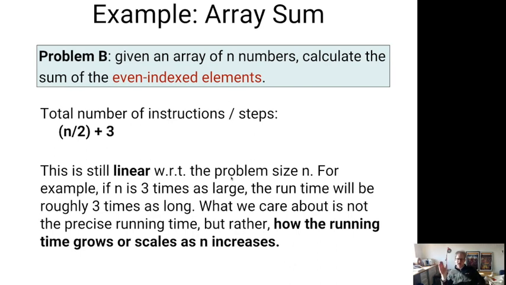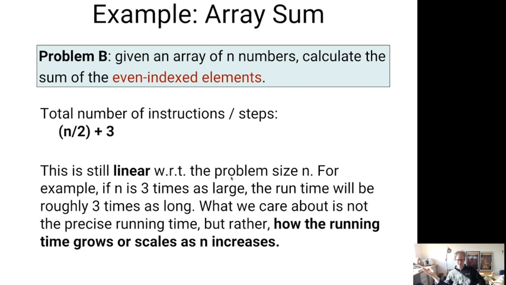So this algorithm, as n gets bigger, if it's twice as big, think to yourself, if n is twice as big, how much longer does it take to run than it was when n was half as big, right? So how much longer does it take to run as n gets bigger? And the answer here is that this is also linear. This algorithm is the same as the previous algorithm in terms of its worst case complexity. It scales the same as the first algorithm, because in both cases, as n gets twice as big, the running time will